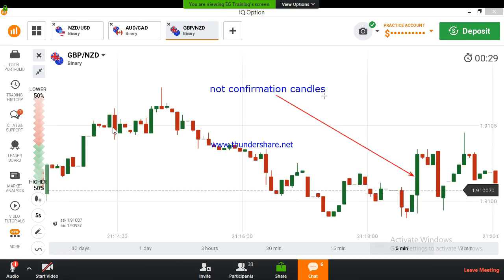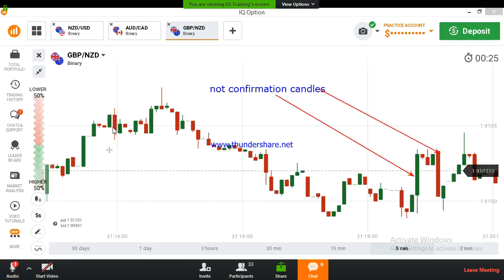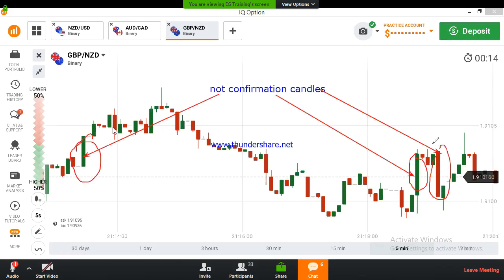This candle and this candle. Okay, these are the very big, very strong and big candles. You can't take these very long candles as confirmation candles, because these are very strong candles, a sign of reversal. We can't trust them. After these candles, mostly the market will reverse. After this candle, mostly the market will reverse. The strong candle will reverse the market. We can't trust very long and strong candles as a confirmation candle.